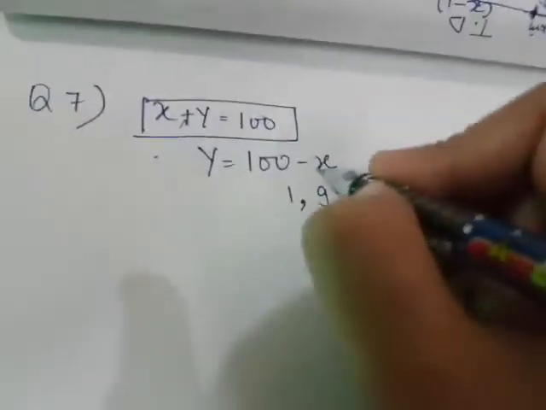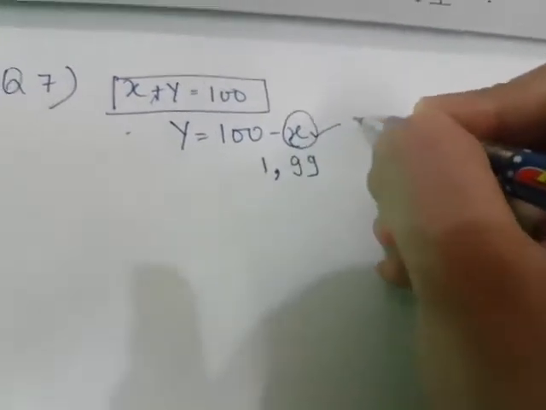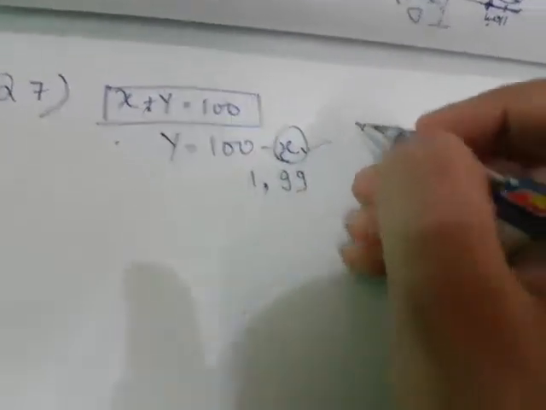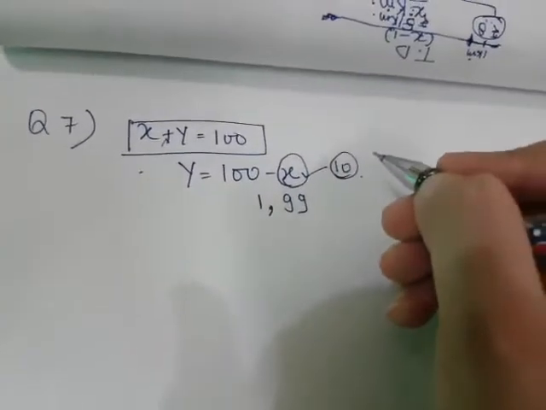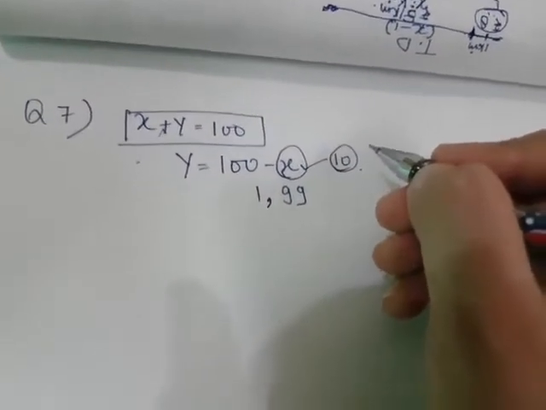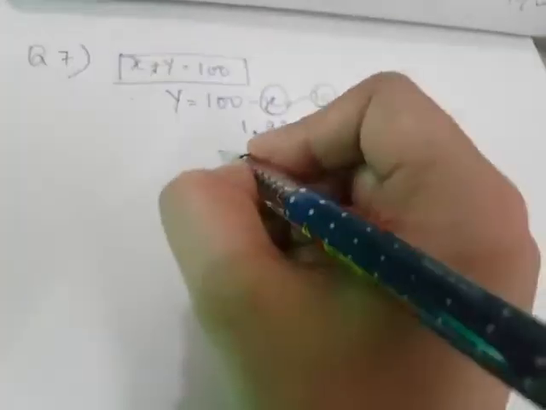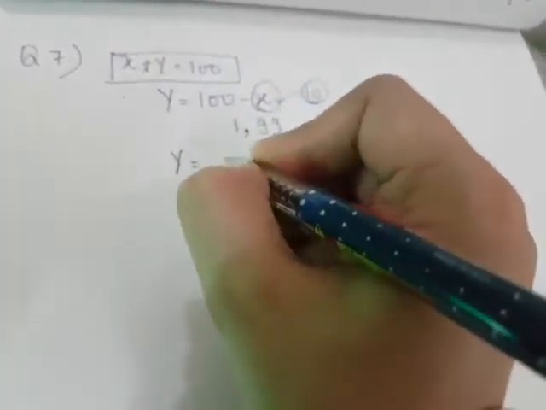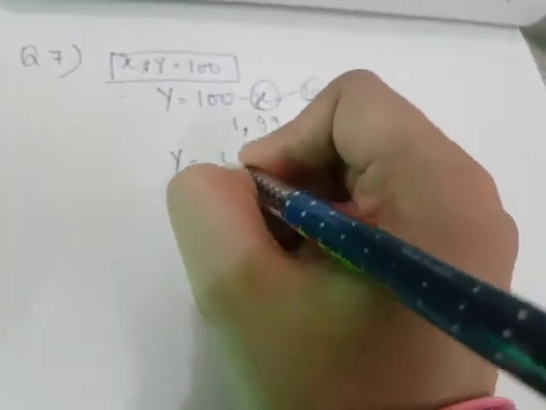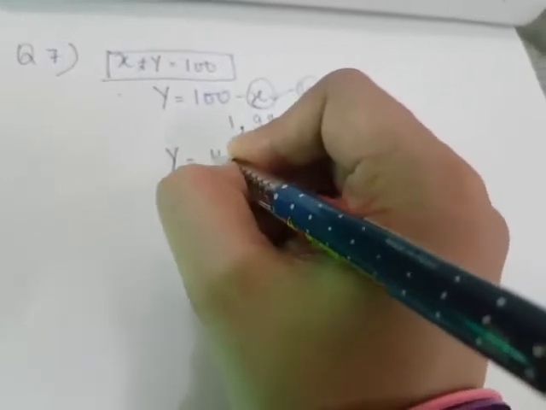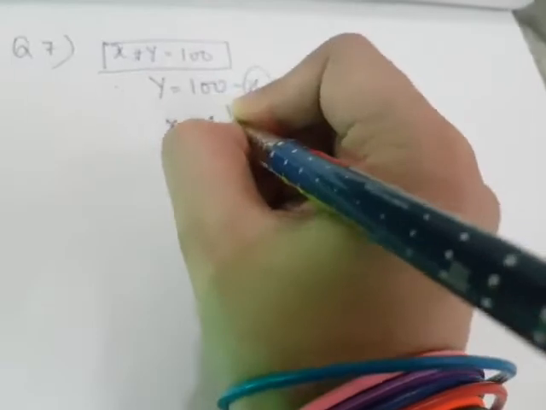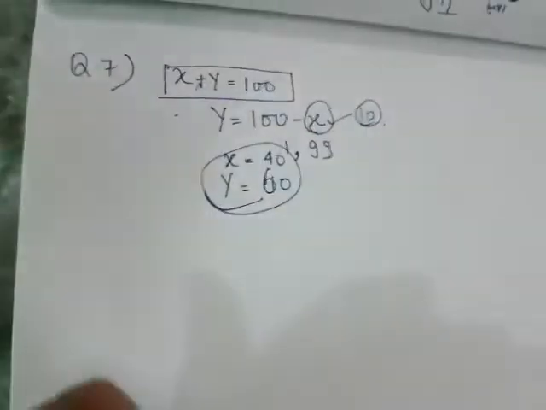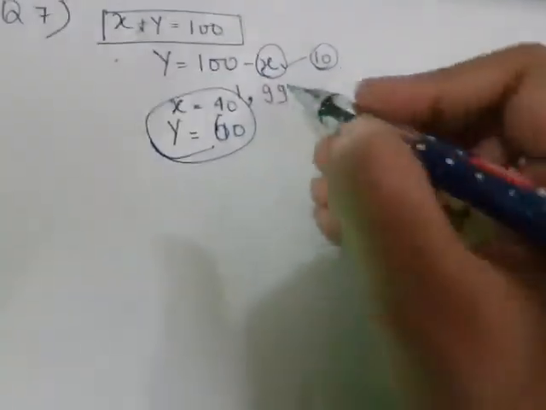So take the values of x in the multiples of 10 or 5, and it's very good if you take them in the multiples of 10, 20, 50, 90, 80. Okay, so suppose the first value of x I am taking is 40, so the y value will be 60. If I am taking the x value as 40, these will be better combinations than that.